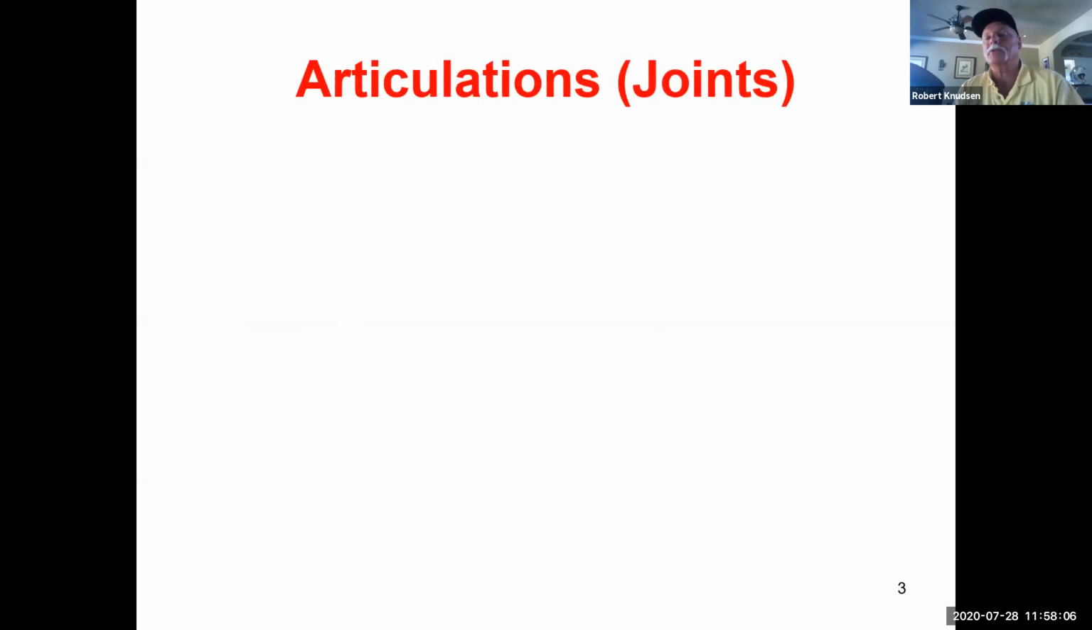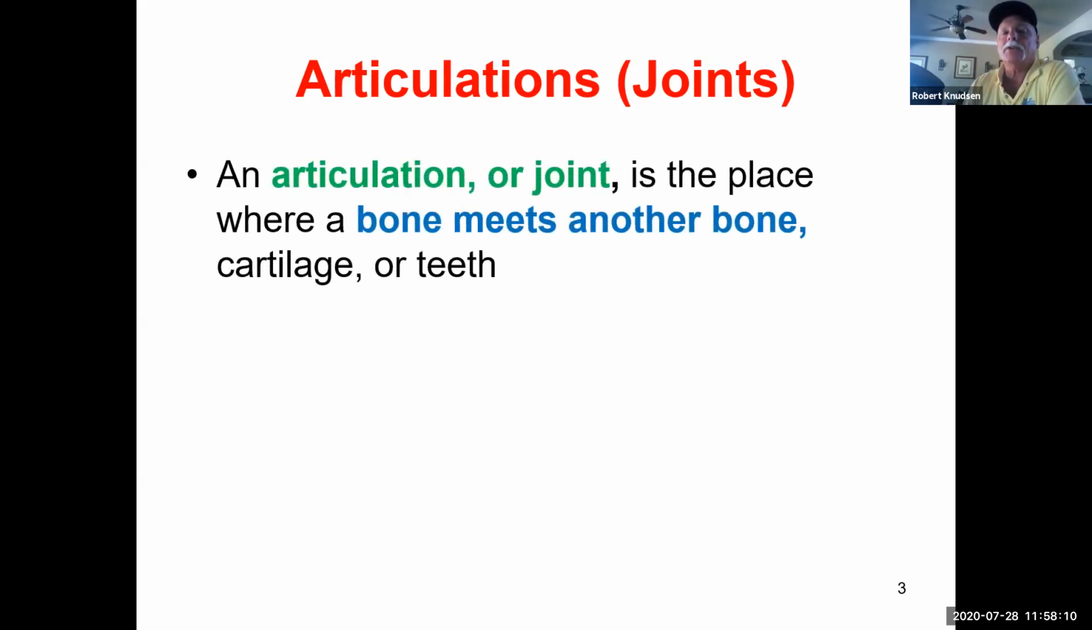Articulation, joint. This is bullet number 1. An articulation or a joint is the place where a bone meets another bone, cartilage, or teeth. What I mean by that is your humerus meets your ulna. That is a joint. Your radius meets your humerus. That is a joint. Your radius and your ulna meet. That is a joint. So wherever they touch,